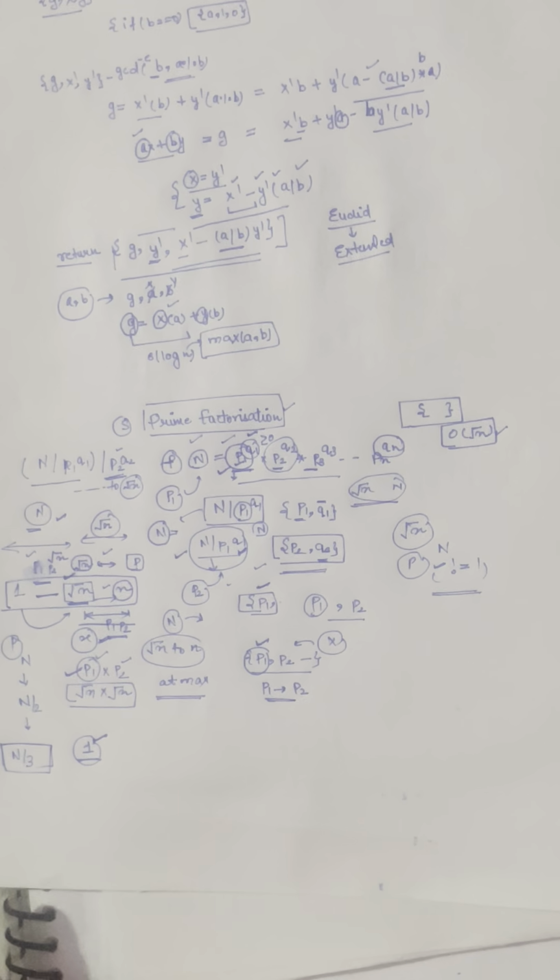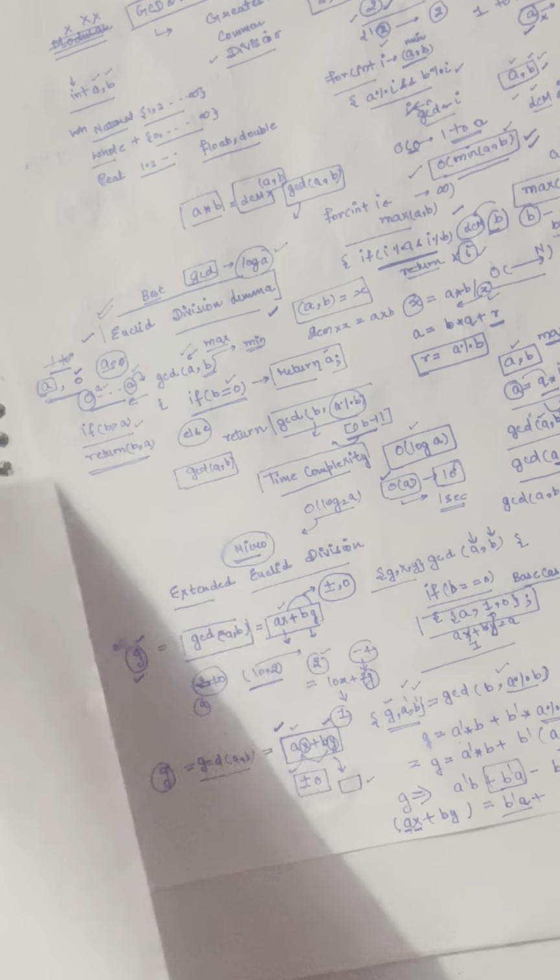This is all we need to discuss about prime factorization. So now let's move to the magical thing: what's the most efficient way of finding prime numbers? The method we will be using is called the sieve of Eratosthenes.